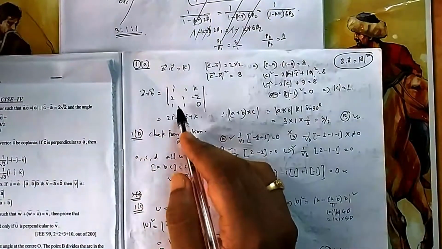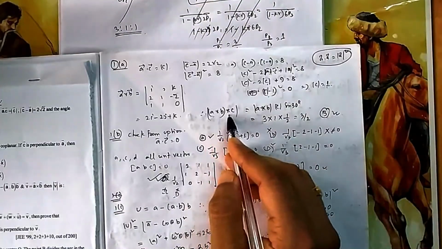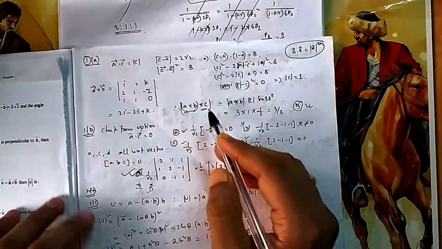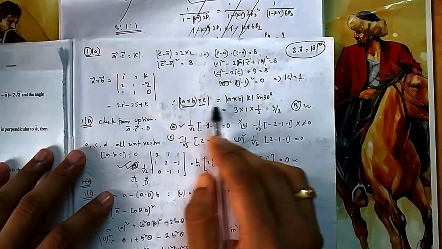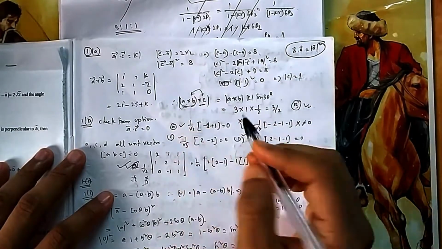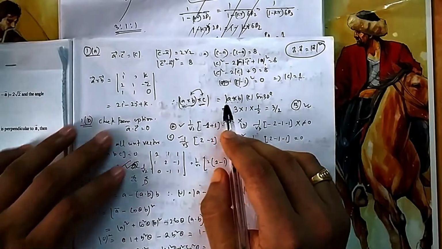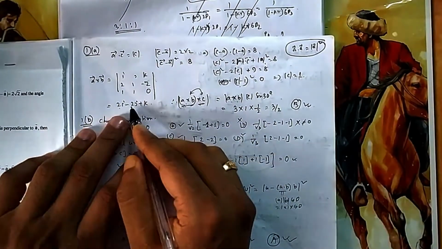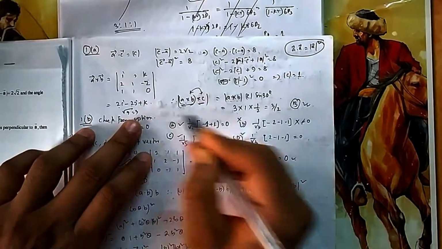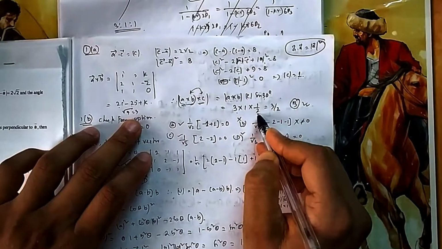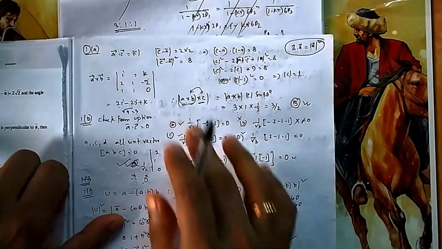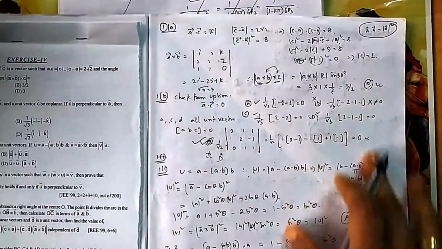Also you need A cross B, so you calculate A cross B. Now you need to find this one. Between these two, don't go by VTP. When you see this, normally our tendency is to go to VTP, but don't. It is the magnitude of A cross B, then C's magnitude and the angle, because the angle between these two is given, so no need to go to VTP. The AB magnitude is under root 9, which is 3. The magnitude of C is 1, the angle between them is given as 30, so the answer is 3 by 2. There are multiple correct answers, but only one is satisfying this, so it is B. No need to check the other one. So that is option B.